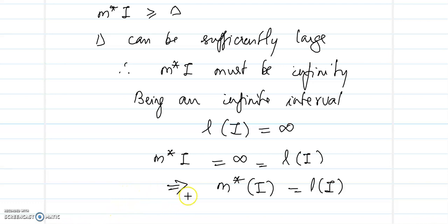So therefore, whatever is the type of interval, whether you have a finite interval or infinite interval, whether it is closed, open or semi-open, then its outer measure will be always equal to